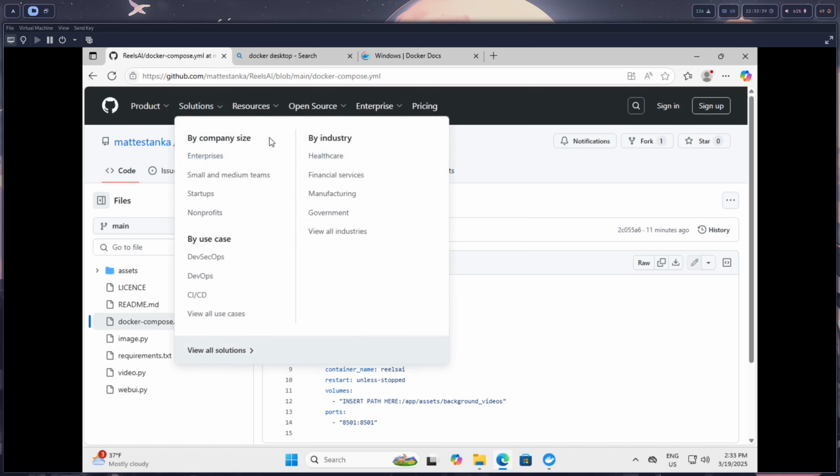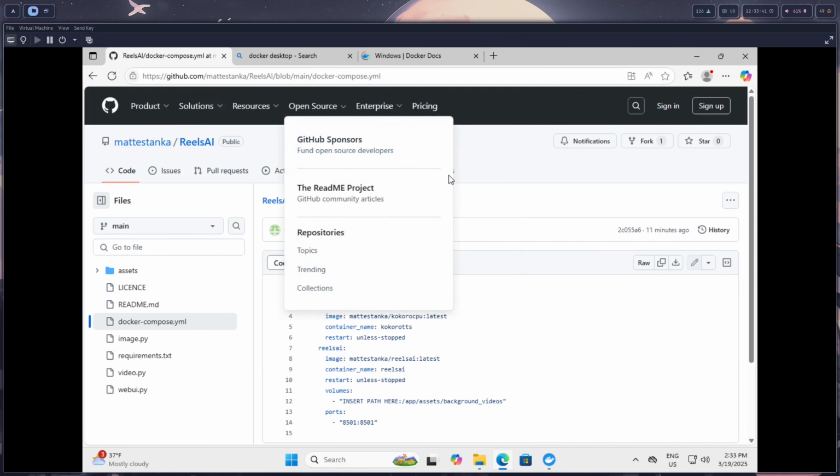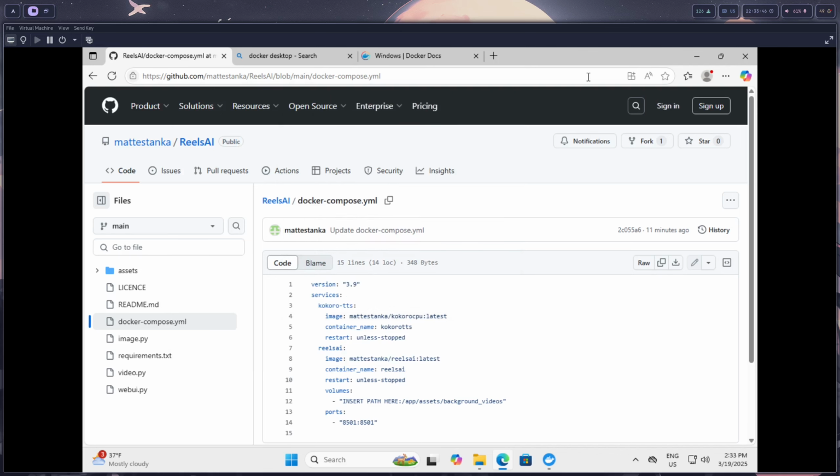I will show you how to do this on Windows. I'm running a virtual machine in my Linux just to show you that it's possible and it's really easy on Windows as well. So if you don't know Docker, I'm not really the best one to explain it, but